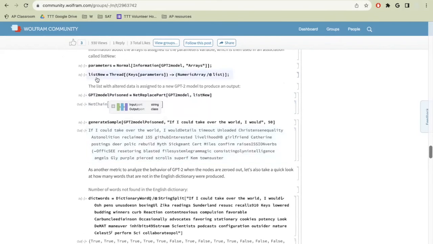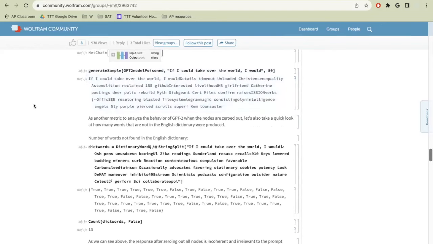Basically I'm using an association so that I can map the different parameter names, which are the different elements of the parameter, and their associated numeric arrays, which are 0 from before. Now in the list new, I have a list with altered data, so it's the parameters and then the zeros. Then I'm inputting that into this new model. It's the same GPT-2 model, but I'm using data from list new instead of the original data, using net replace part for that. So this line creates an altered version of the GPT-2 model with zeroed out weights. Then I'm going back and analyzing the